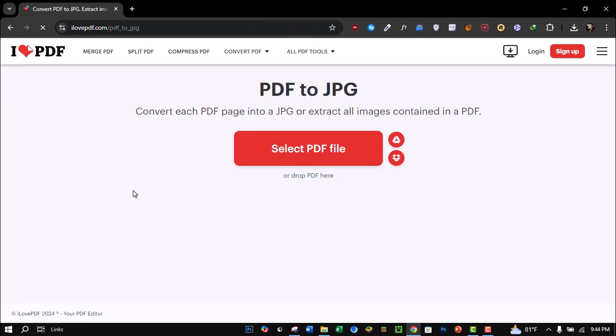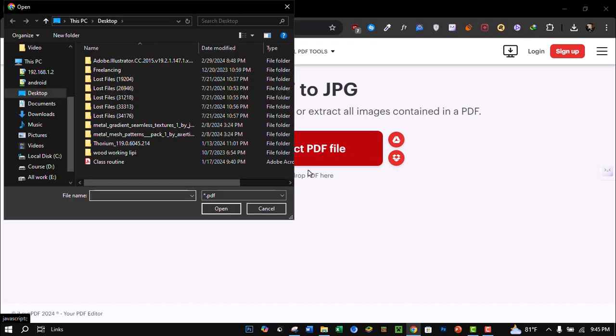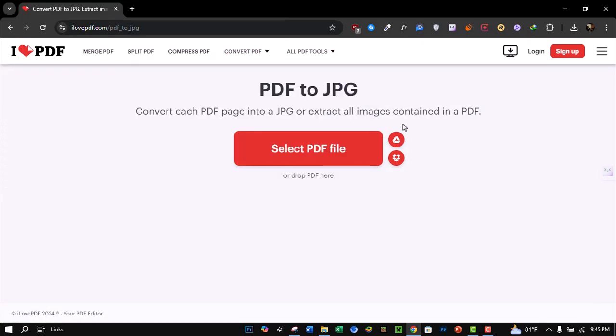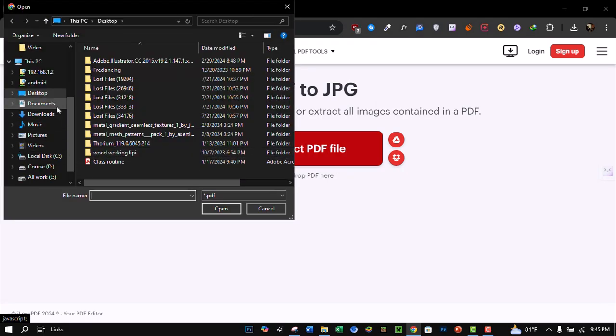Click on it. And here you can see an option, select PDF file, click on it. Here you can search for your desired PDF folder that you want to convert into JPG format. If you are okay with your choice, currently you can see it's in PDF format. Click on open